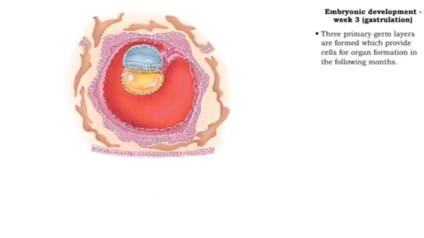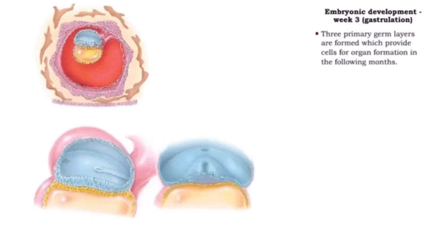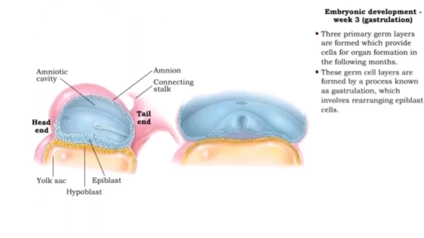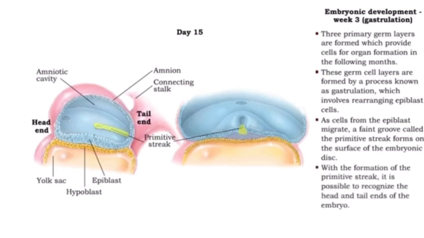During the third week after fertilization, the three primary germ layers are formed, which provide cells for organ formation in the following months. These germ cell layers are formed by a process known as gastrulation, which involves rearranging epiblast cells. As cells from the epiblast migrate, a faint groove, called the primitive streak, forms on the surface of the embryonic disc. With the formation of the primitive streak, it is possible to recognize the head and tail ends of the